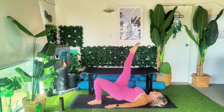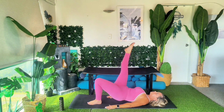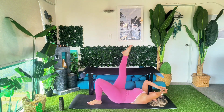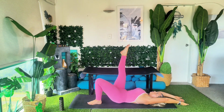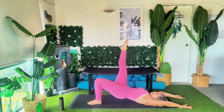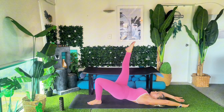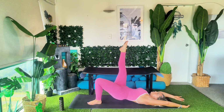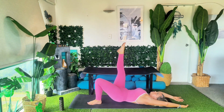finding your weight is even through both sides of the feet. You're starting to reach the right toes up towards the ceiling, finding the straightness through the back of that right leg, and then you're lifting the pelvis up and then lowering it back down to hover just above the mat. Maybe reaching the arms up overhead, or maybe you've got the arms down by your sides. Making sure there's space between the chin and the chest, and you are lifting up, keeping the ribs closed, lowering